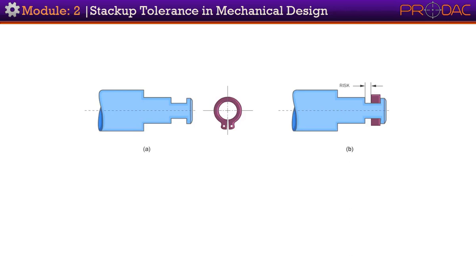Now, we have to define the risk or stack path. To do this, first, we have to define the assembly datum. Assembly datum is the common contact surface of both the parts, which is used as reference. Dimensions falling on one side of this datum are considered positive and on the other side are considered negative. In this example, dimensions which are to the left of the datum surface are considered negative, and the ones on the right side are considered positive. We can choose the other way also.